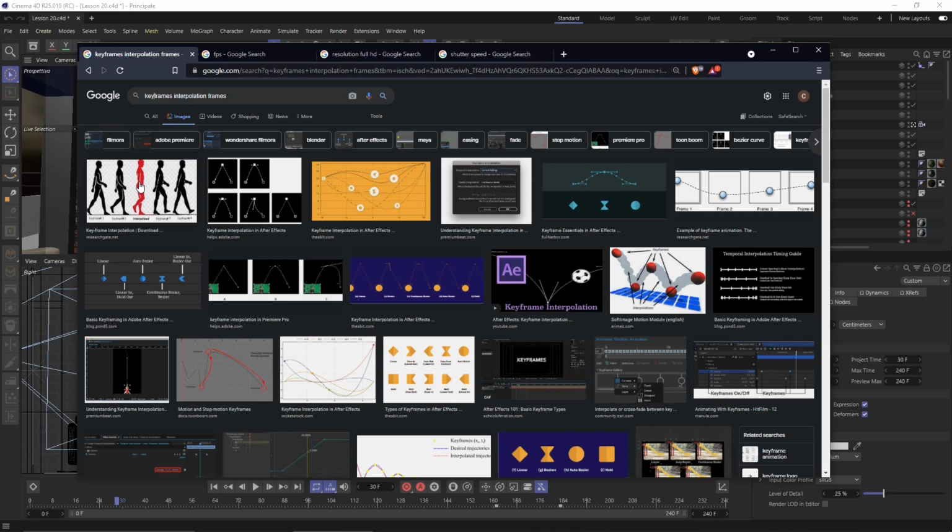Now fortunately, when we work in 3D animation or 3D software, we don't need to create each single frame, but it's the software that is gonna do that for us. Now this is an example here. So the red balls here are the keyframes. Everything that's in between, also called the in-between frames, can also be called interpolation frames,